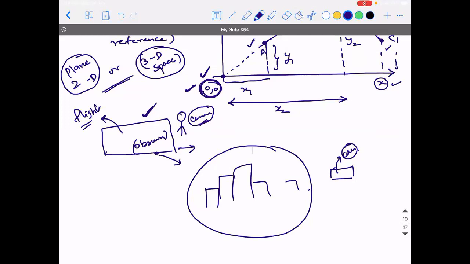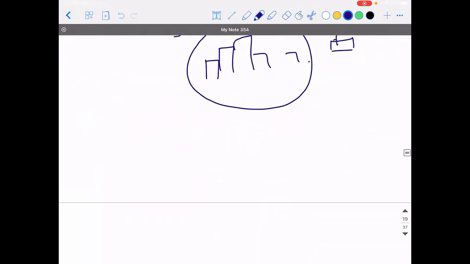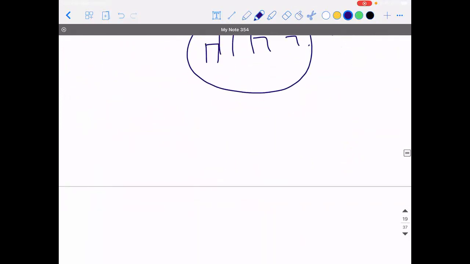Okay. So generally, a frame of reference is a particular place from where you're trying to observe the motion. Why do we talk about frame of reference? It's very simple. For example, I'm not sure if everybody has experienced this, but most of you would have traveled in trains, right? So when you travel in a train, let's say you're sitting in the window seat.